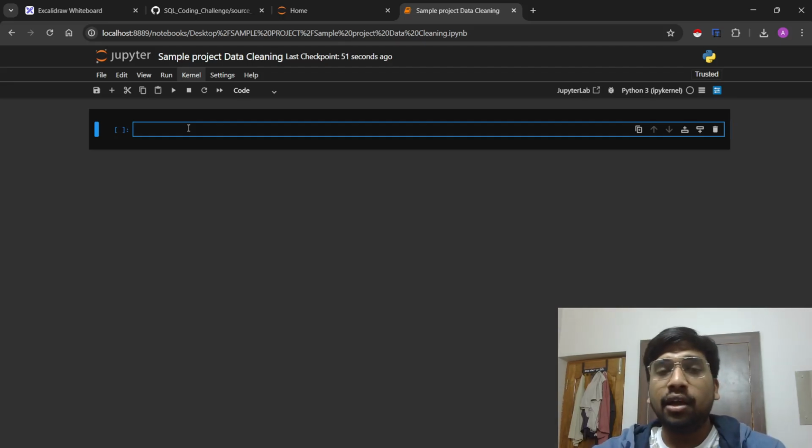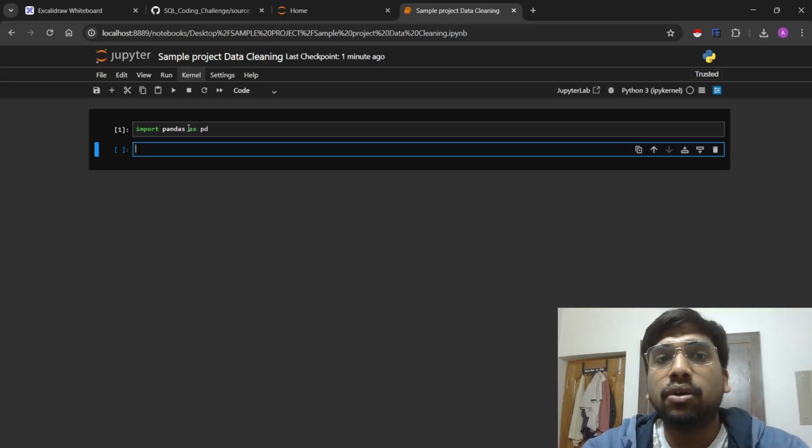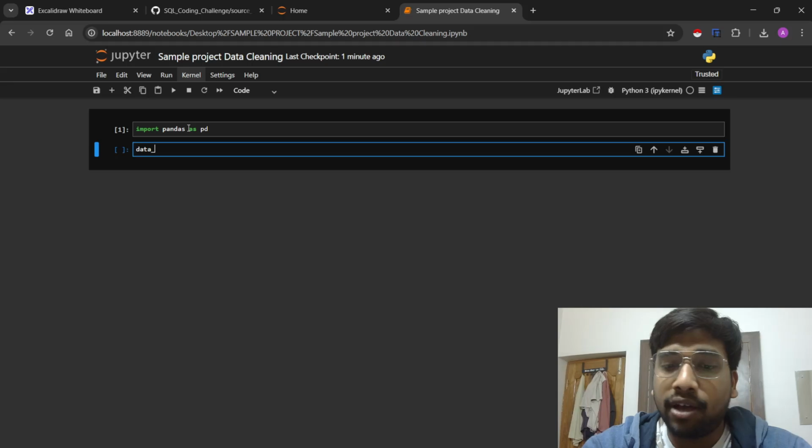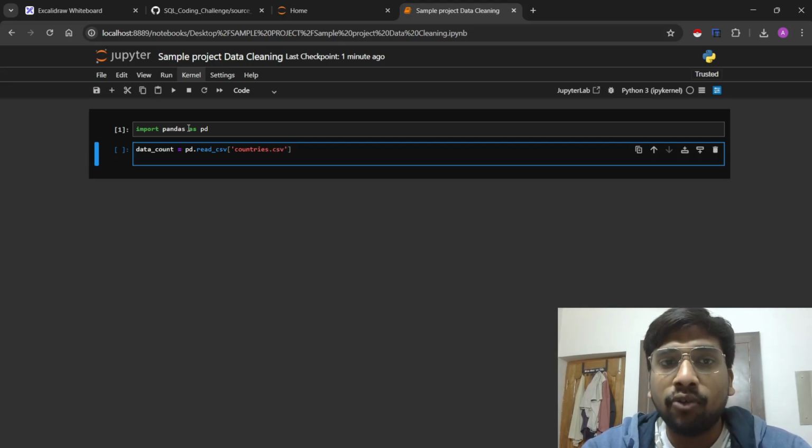Now let's jump back to our data cleaning process. So the first thing obviously is to import pandas as pd, the basic industry level alias, and then we will one by one import all our files. I don't know if there is an option to bulk import, but this is the only way I know how to import the data. pd dot read csv, data, I have written data underscore count for countries. Similarly, I will write for the other three datasets. I have already written this code, so I will just copy and paste it.